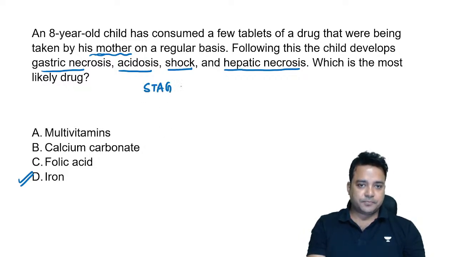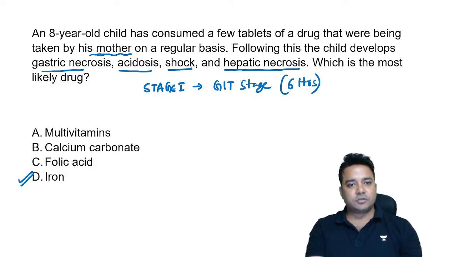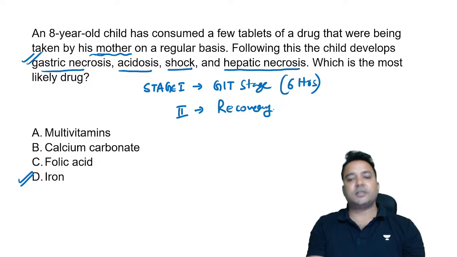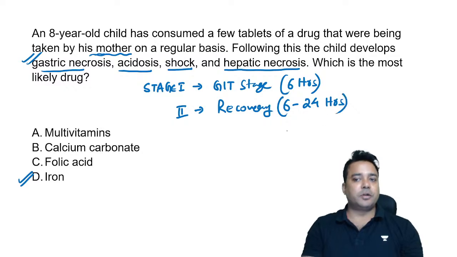Stage 1 of iron poisoning: stage 1 is the GIT stage, which lasts for the initial 6 hours, where the patient will have GI bleeding episode features. We call this gastric necrosis. Okay, GIT stage done. Stage 2 is the recovery stage. If the antidote, that is desferrioxamine, is given, the patient will recover, and this recovery phase is between 6 to 24 hours. If the patient does not recover or does not get adequate antidote treatment,